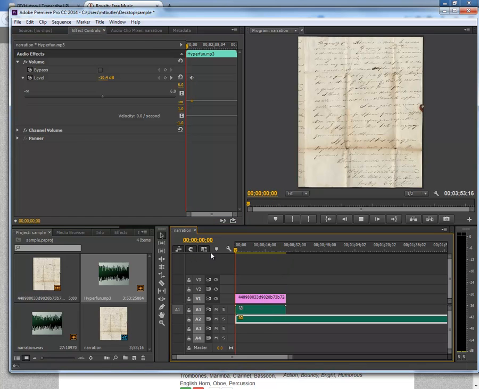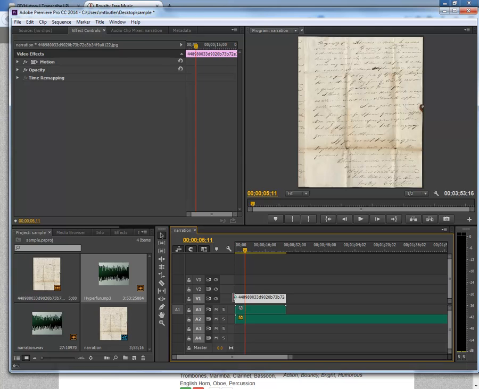So if we preview, he is also well advanced in geography, Latin, and English grammar and lit. Not bad, but this static image here is a little boring, so we want to give that a little bit of an animation to liven things up. And to do that, we're going to just scroll it down the page so it sort of looks like we're reading the letter. Now, what we want to do here is select the letter in the sequence,